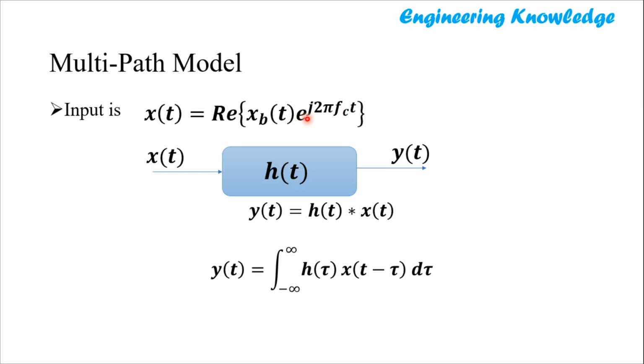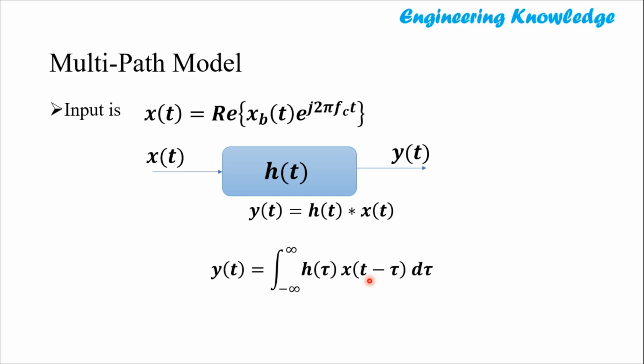The real part of e raised to the power j theta is cos theta, which means it is suggesting cos. So we can understand that if the carrier frequency is fc and this is the baseband signal, it is multiplied by the high frequency term, and therefore the complete representation is the passband representation. If this input is passed through a multipath channel h(t), the output is y(t), which will be the convolution of h(tau)